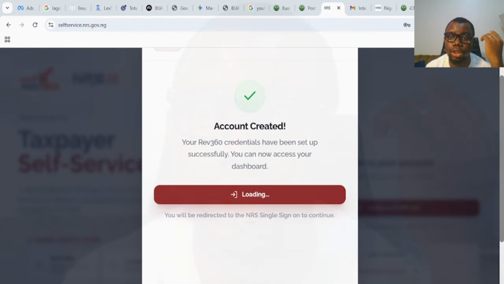Guys, when setting up your account, make sure you are using a valid email address and make sure the password you are going to be using is something that is okay, right? If you don't have your tax ID, you cannot move forward. Don't forget that if you don't have your tax ID, it will be difficult for you to be able to move on. Before now, the general concept of tax ID is that tax ID can be your NIN, your registration number, your RC number, tax ID can be different things. But right now, I will advise you to go and generate the tax ID first. The number, I think 14 or so digits, that's what you'll be using to create your REV 360